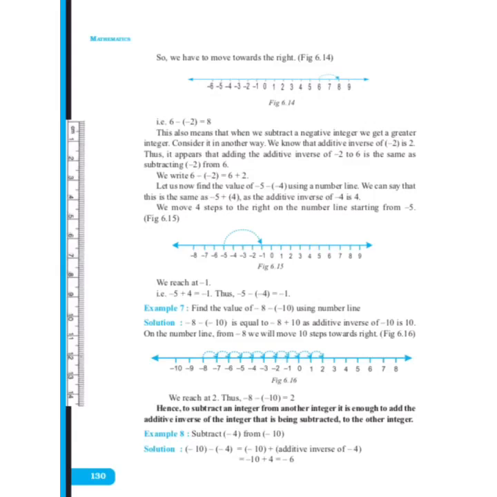We will move towards right. Yes. When we move towards right, we will reach 8. When we move 2 steps right of 6, we reach 8. And this means that if we subtract a negative integer, we get a greater integer. Children, if we have 2 subtraction signs, then we will move towards right. And if we have only 1 subtraction sign and 1 addition sign, then we will move towards left. Okay, this you have to remember.